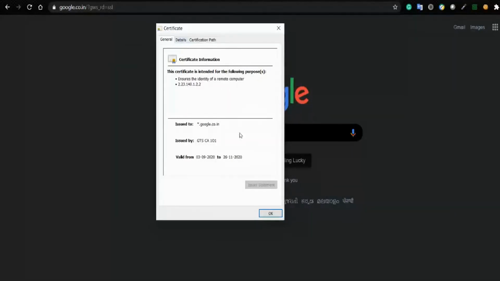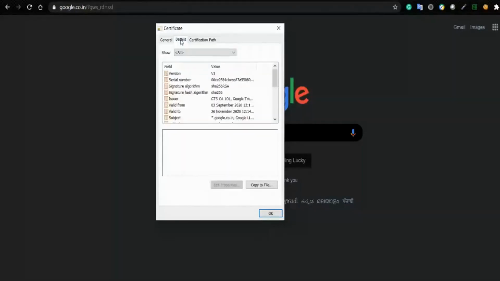If you want to see the certificate in more detail, you can go to the details option. Here you can see the version number, serial number, signature algorithm, and everything that is specified in the certificate format. So this is the main information that's required. Public key.